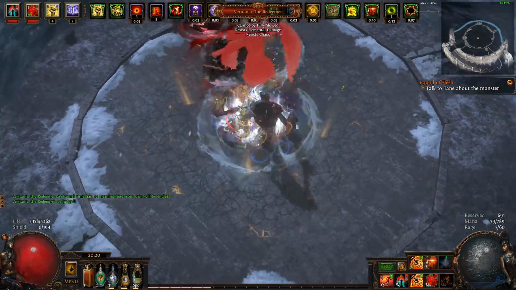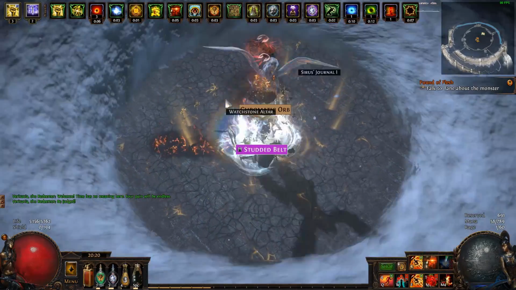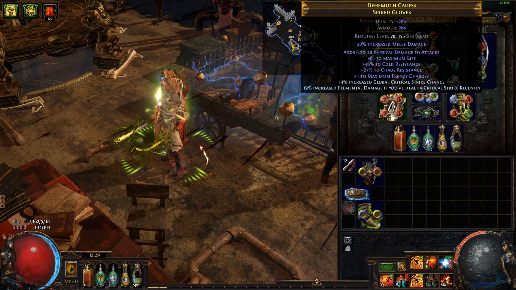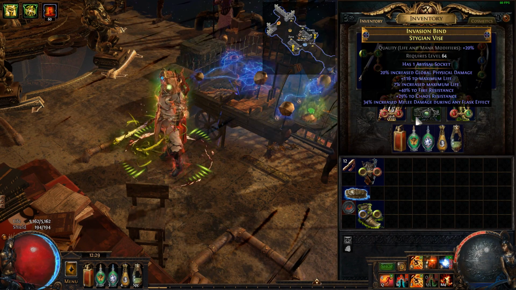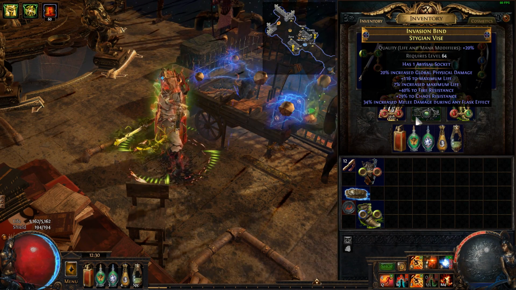At the end of the day, yes, this is pretty amazing, but this is Harvest, and getting stuff like this is kinda the norm. So in your case, if you can't get it, don't sweat it, just try to get something as close to this guy. The belt is the Stygian Vise that the last character was using, but this time it has